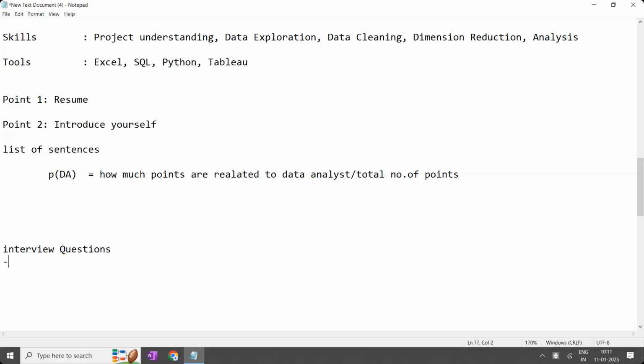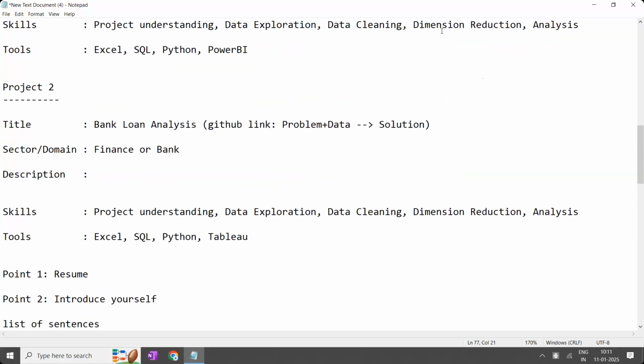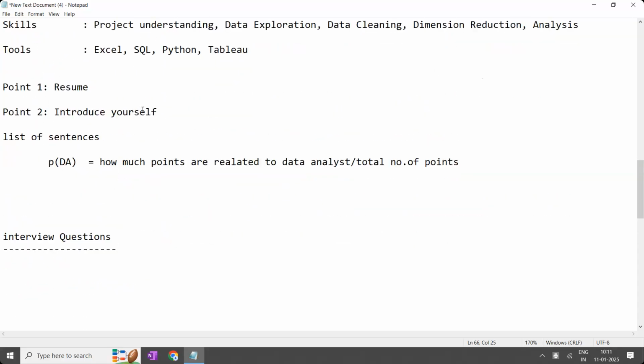So your interview questions will be decided here. After observing your projects and after seeing your introduction of yourself, they'll ask the technical interview questions, then it will start. Based on your answers, whatever things you have explained here, they'll ask the questions. That is the reason it differs from person to person on the same day, with the same interviewer, for the same job role. Assume same day means today, today at 1 p.m.